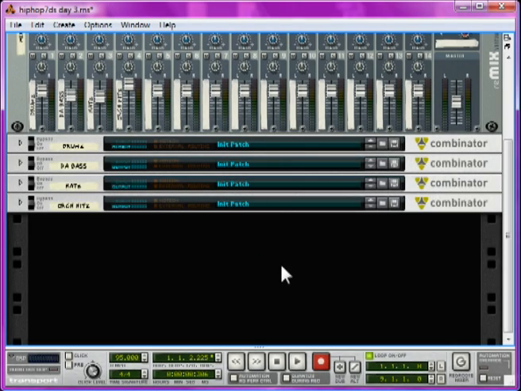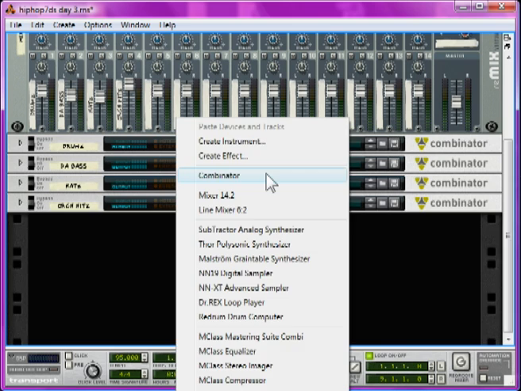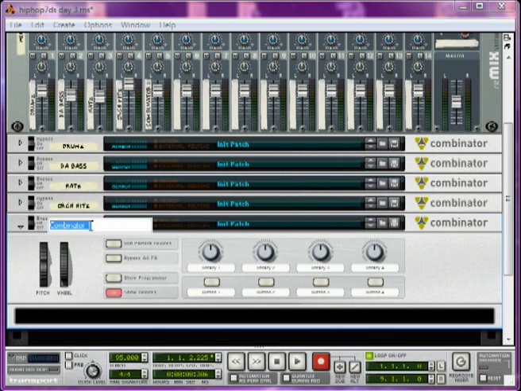Alrighty, so we've covered pitched samples, now time for some percussive ones. Nothing says hip-hop like a random noisy sample, and one of the best random noisy samples is scratching. So, right-click and create a combinator, and name it